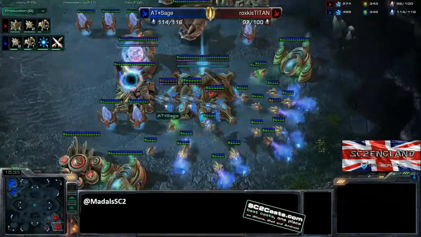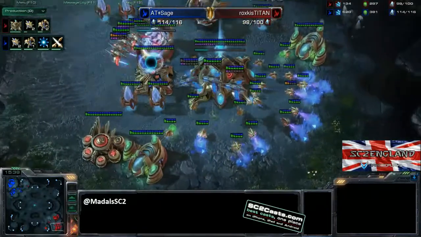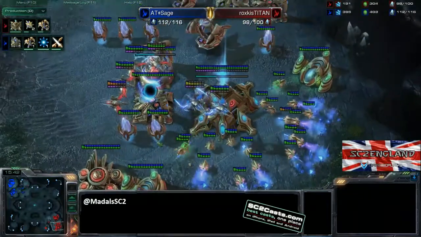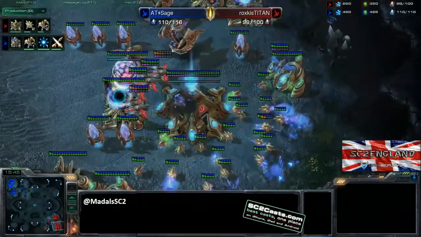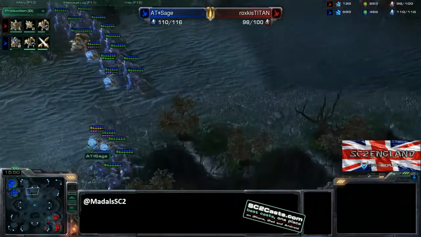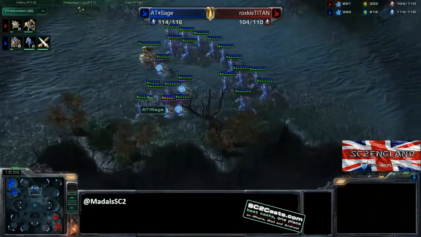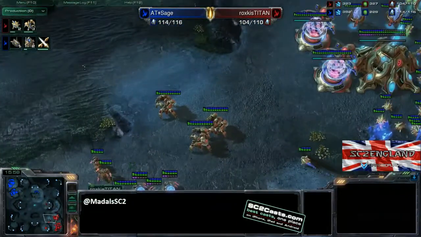Looking here though, obviously there's 3 robotic facilities out for Titan, but he's got no forge, so no upgrades at the moment, no Blink either. We do see a lot of these Phoenix getting taken down now, and of course that is a bit of a loss. The Phoenix getting pushed back from Sage's base, who does have more stuff at the moment, but the amount of time that push takes to come over, we can see an awful lot of Immortals come out,